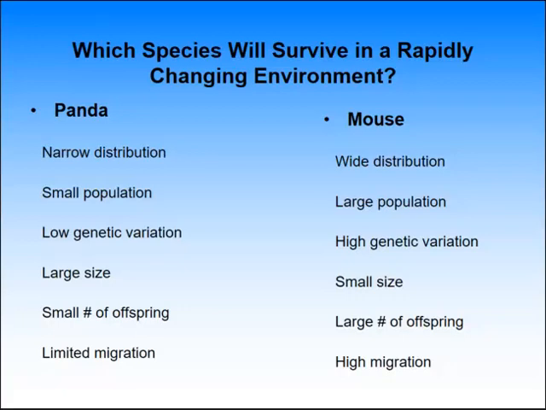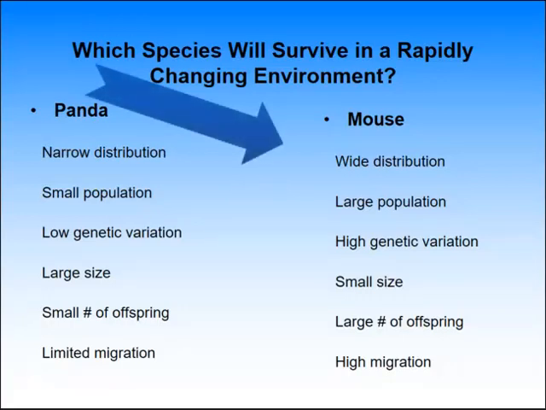Predict which species here survived rapid environmental change. And by the way, environmental change could be like climate that makes the environment colder. So that's an environmental change. So guess which one would survive a sudden colder climate? And other environmental changes could be human development or a climate that gets warmer. Guess.